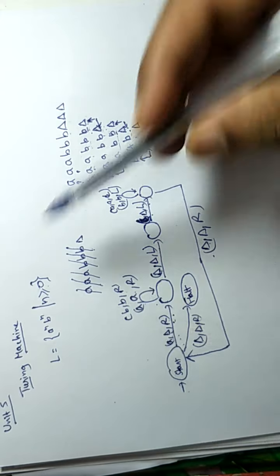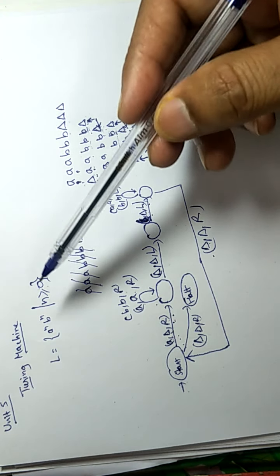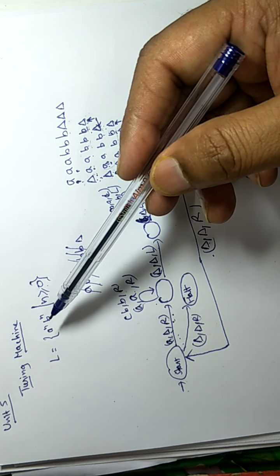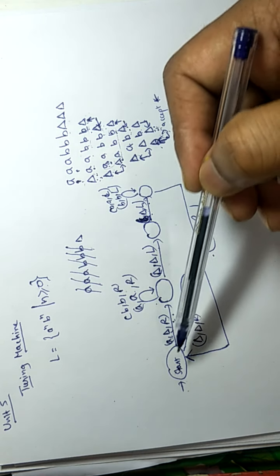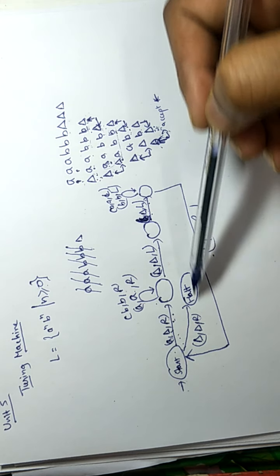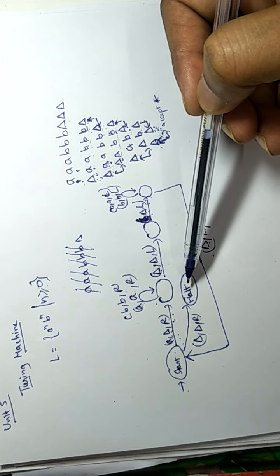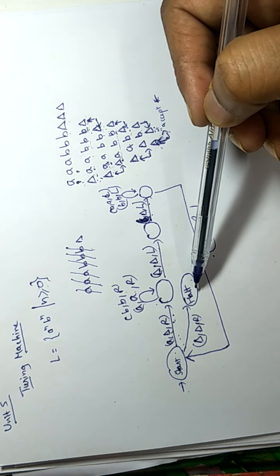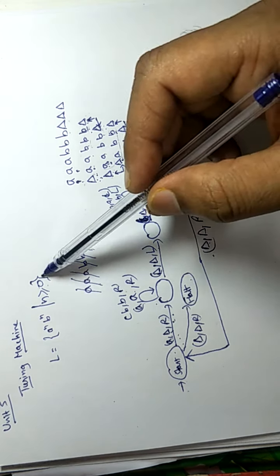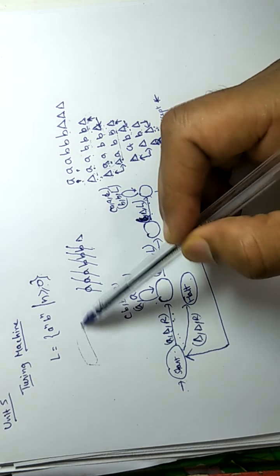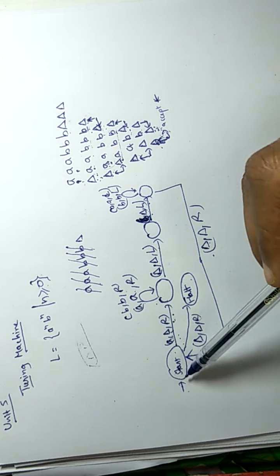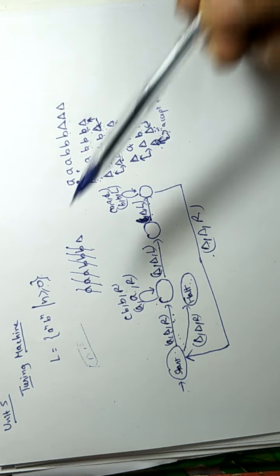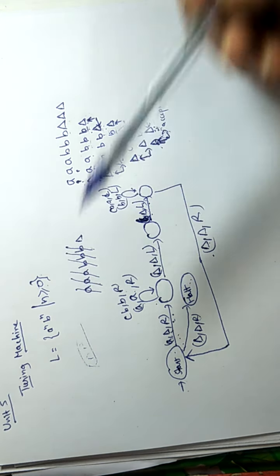Why is it for n greater than or equal to 0? When n is equal to 0, we will not get any A or any B on the tape. We will get only the blank symbol from the start, reading blank and reaching the final state. Here we do not have epsilon; we say it is a blank symbol, a special symbol. When n is 0, the tape is only filled with blanks. So in the start state we read a blank and reach the halt state. So it is for n greater than or equal to 0.